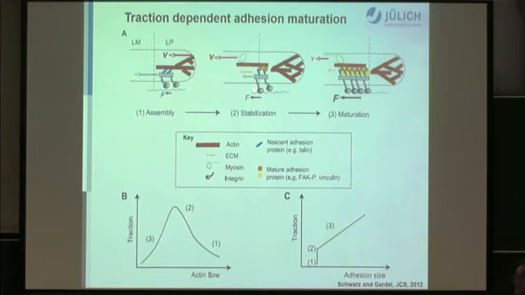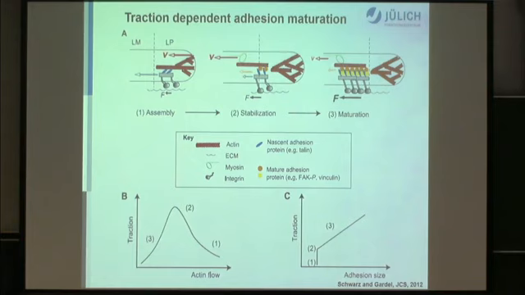This maturation then induces an opening of various protein conformations. The integrin itself then binds stronger to the extracellular matrix, inducing the whole formation of a matured focal adhesion, which can then